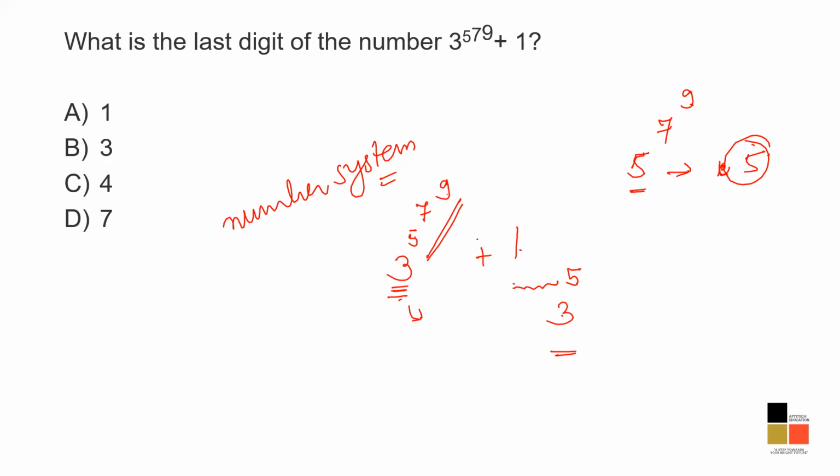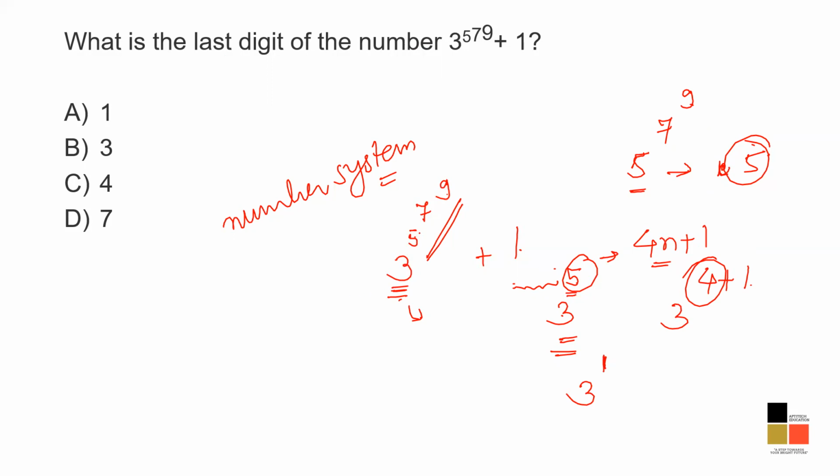Whenever I have to find the unit space of 3 raised to power anything, I split the power into the format of 4n plus 1, because the cyclicity of 3 is 4. Whatever this number comes out to be, maybe a 3-digit or 4-digit number having unit space as 5, it would always be in the format of 4n plus 1. So I take 3 raised to power 5 as 4 plus 1. These 4 complete cycles are not my concern. My concern is just 3 raised to power 1.